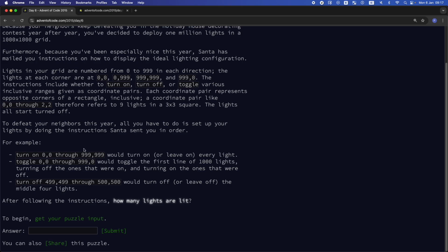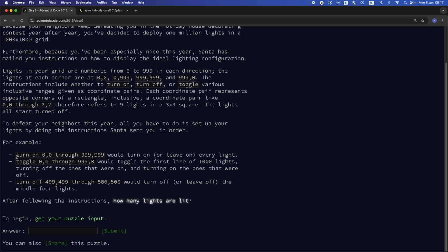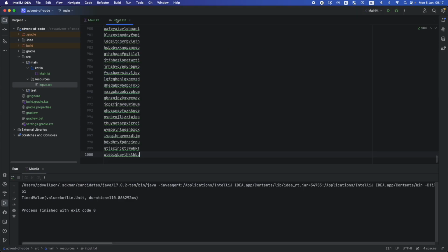So leave on if they were turned on previously. Toggle would toggle them: turn off the ones that were on, turning on the ones that were off. And turning off just turns them off. Okay, how many lights are lit at the end? And then our puzzle input is